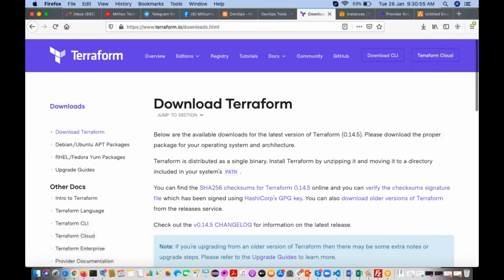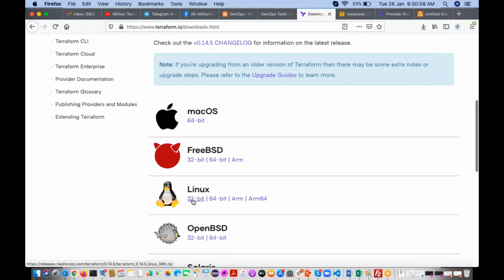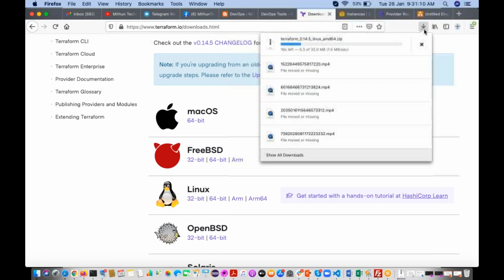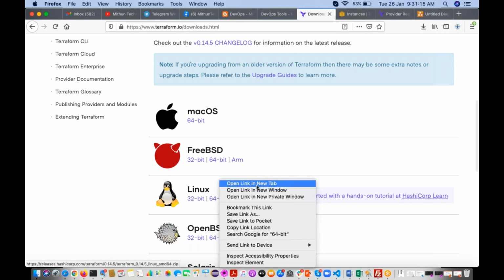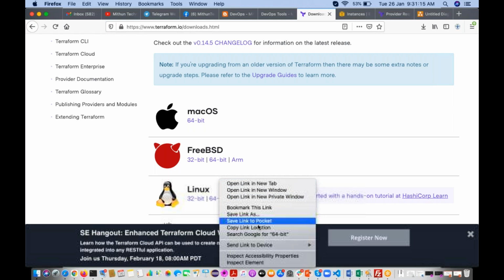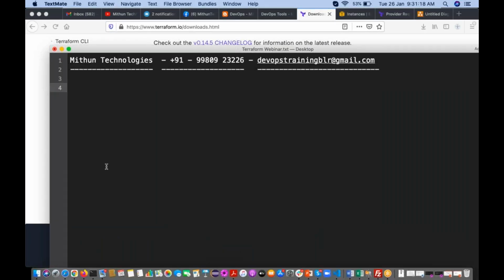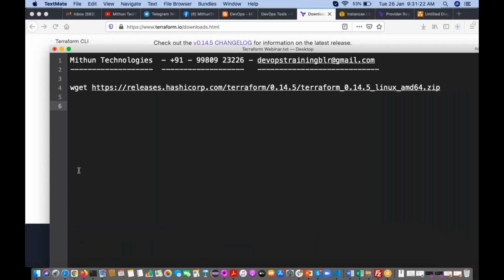See here, Linux 64-bit, because this is what we have created. Just click on this one. It is going to download here itself, but we don't want that. What you have to do is right click on this one, copy link location, and use the wget command.